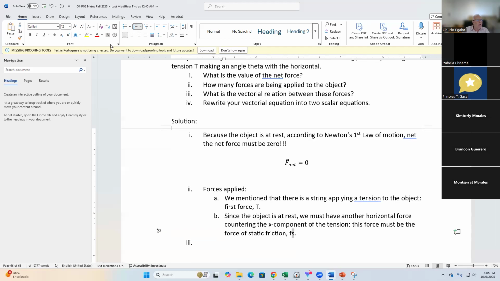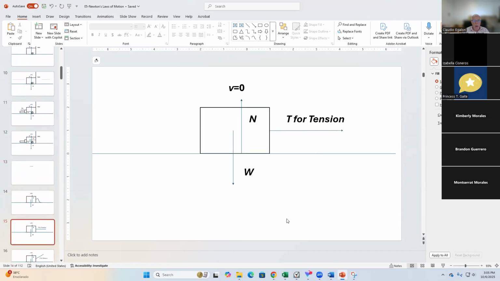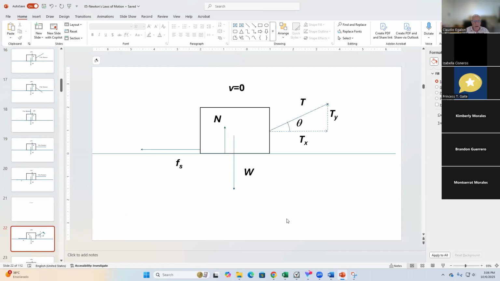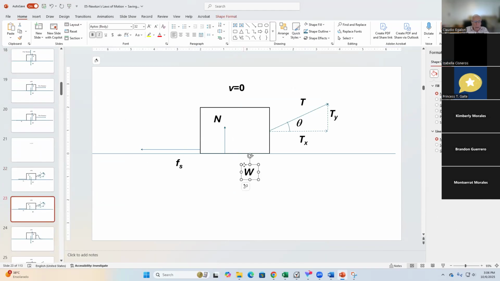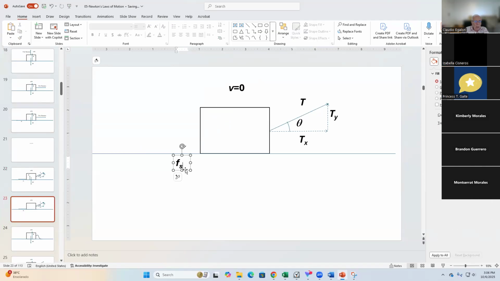And let me illustrate also how it looks. According to the description of the problem, it is exactly something like that. There's an angle theta. Let me get the angle theta here. It's exactly something like that. That's what the problem tells you.